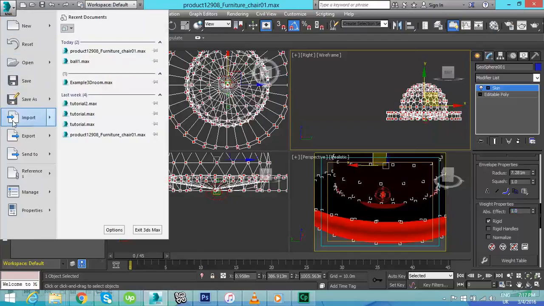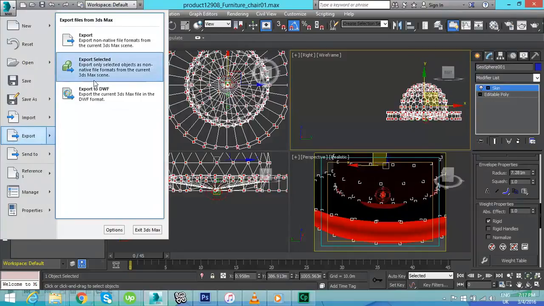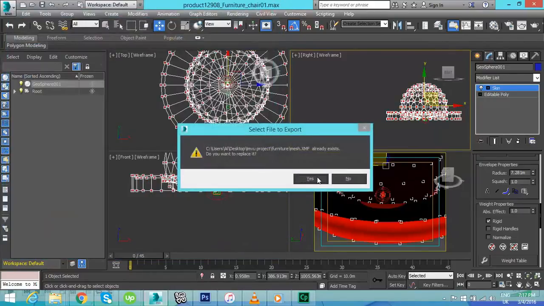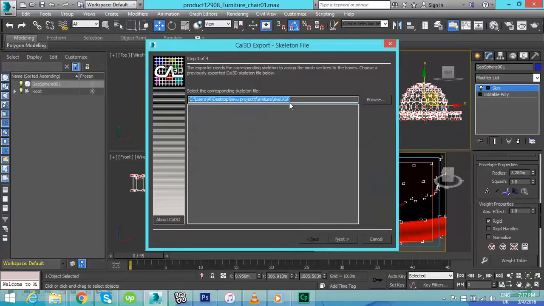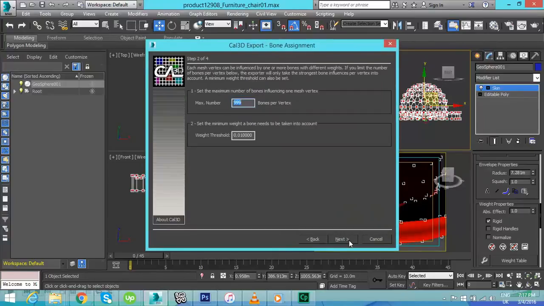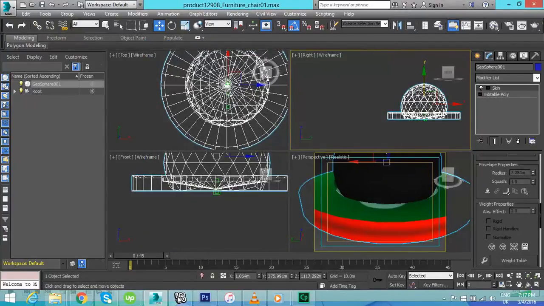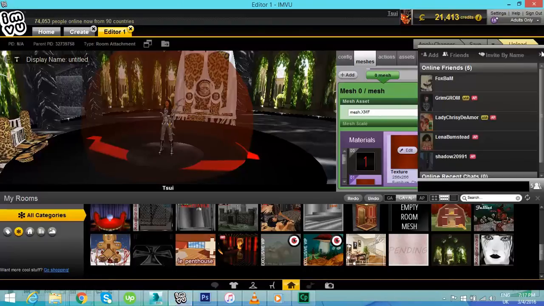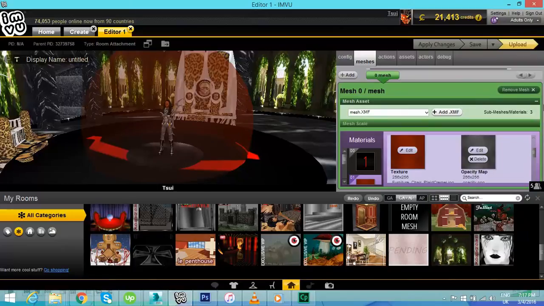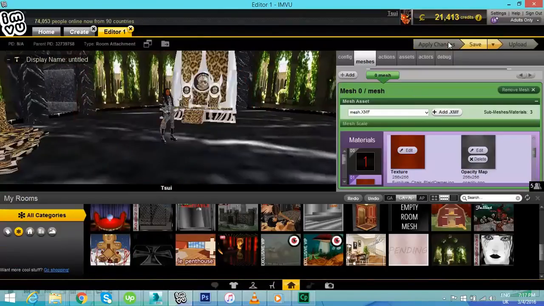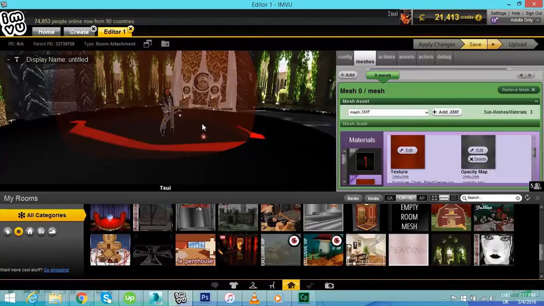And we don't need to export the skeleton, we just need to export the mesh. We'll just override this existing file, save, yes, and we've got our skeleton already selected there, so we can just go next, and next again, and finish. Okay, so now if we go into IMVU, and we just go to add XMF, we select the new mesh file, and we apply that. Now you see it's further up,